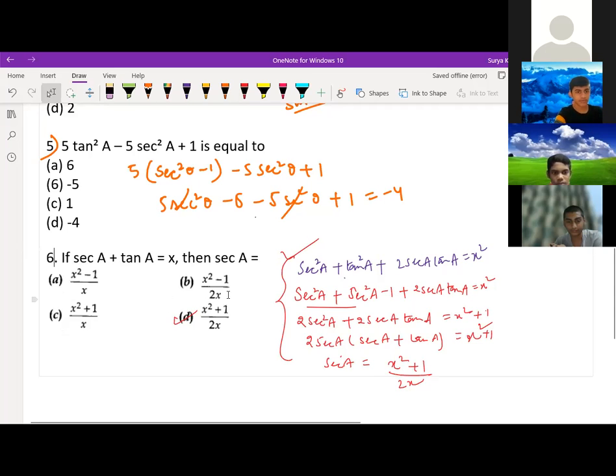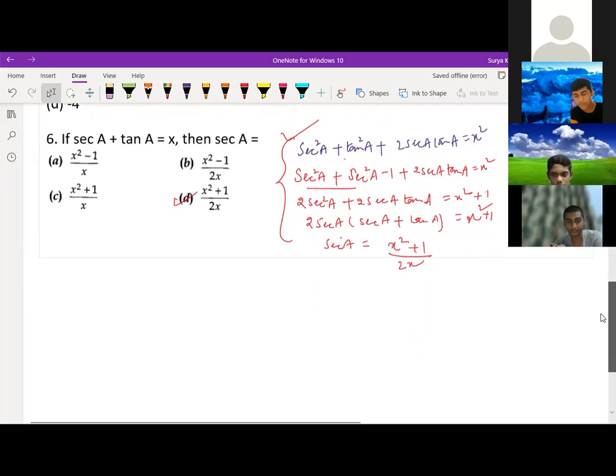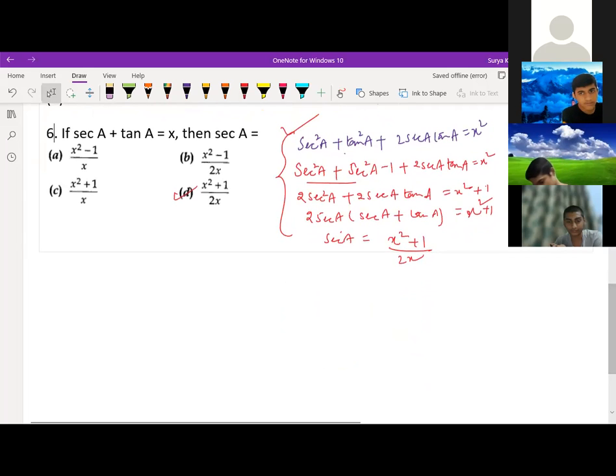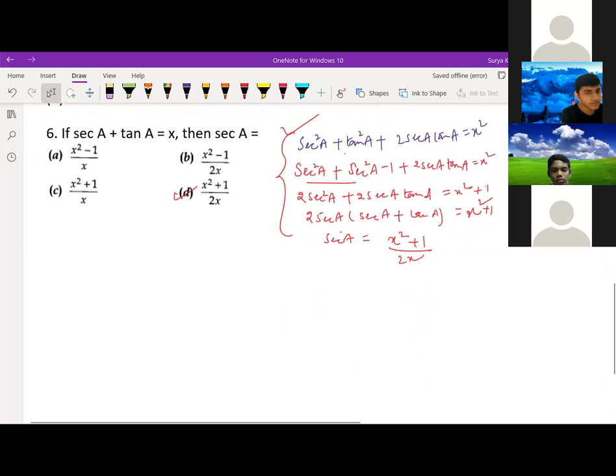Anyone, any doubt? Adarsh, you are getting doubt here? No. Okay. Now question number 7. One minute. Sir, can you explain the 6th again? Which step you are having doubt, Drishi? I'm just writing the steps over here. You just tell me which step you are having doubt. See, first, sir, second, the 3rd one.